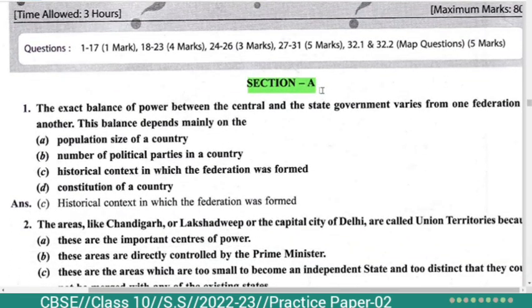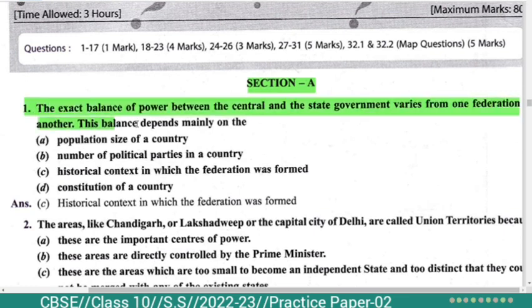Section A. First question: the exact balance of power between the central and the state government varies from one federation to another. This balance depends mainly on: A. Population size of a country, B. Number of political parties in a country, C. Historical context in which the federation was formed, D. Constitution of a country. Here the correct answer is option C, that is historical context in which the federation was